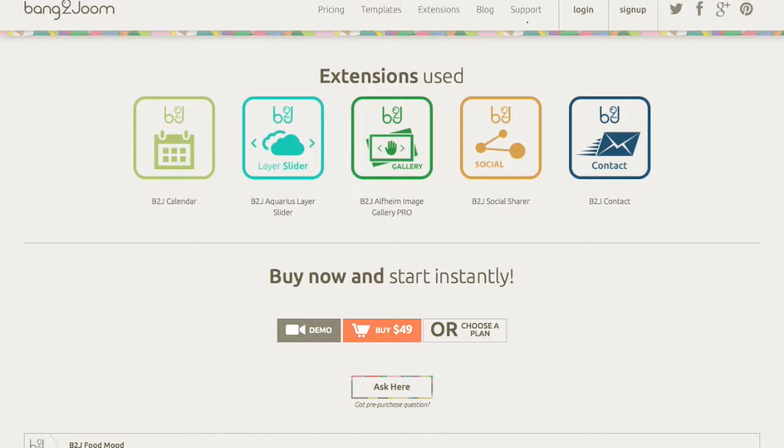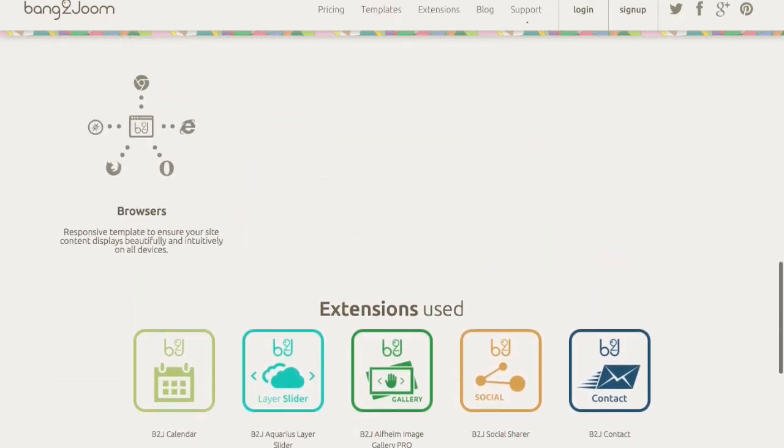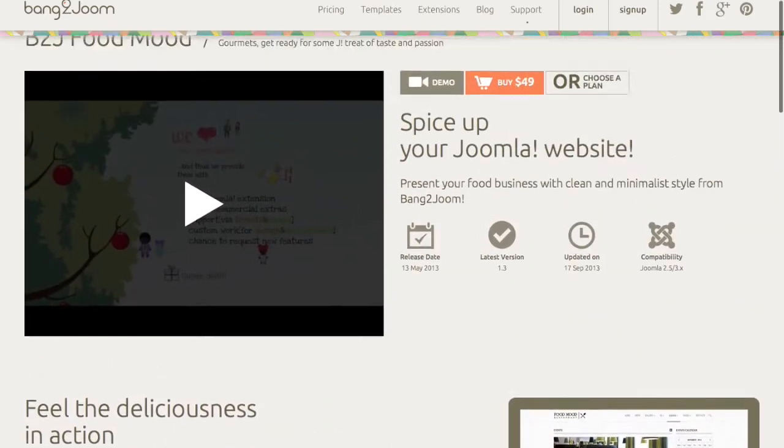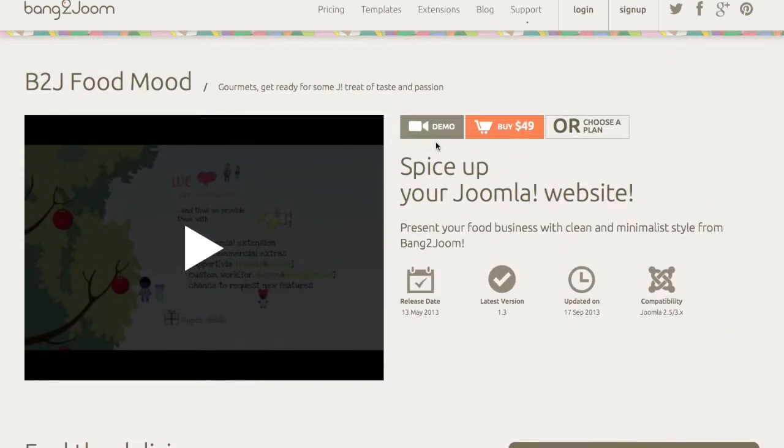And here are the mighty B2J extensions used for this great template, and they are B2J Calendar for K2, B2J Aquarius Layer Slider, B2J Alpha Image Gallery Pro, B2J Social Share plugin, and of course our newly released B2J Contact component, which is a great source for creating online forms. Okay, I hope you're tempted to try this template, so let's get to the demo and feel the deliciousness in